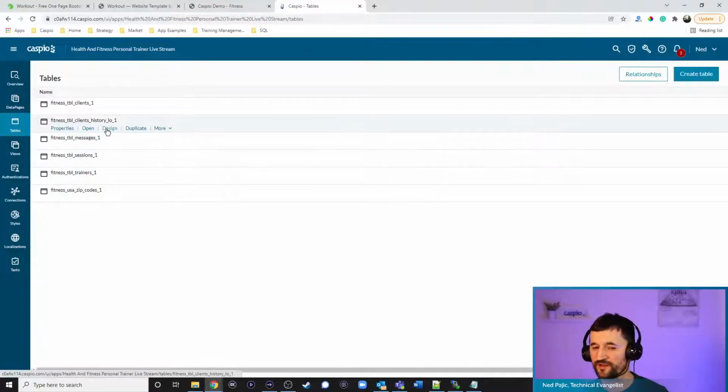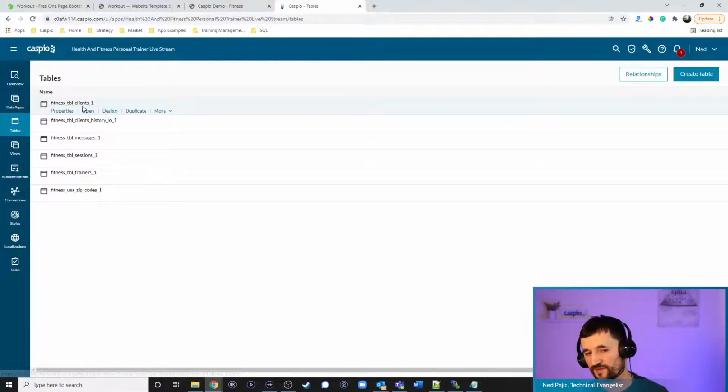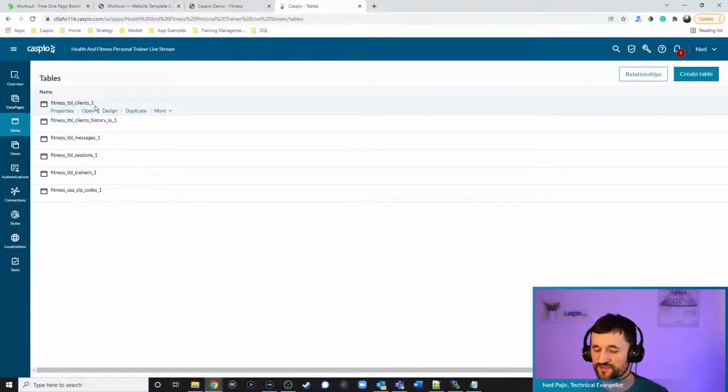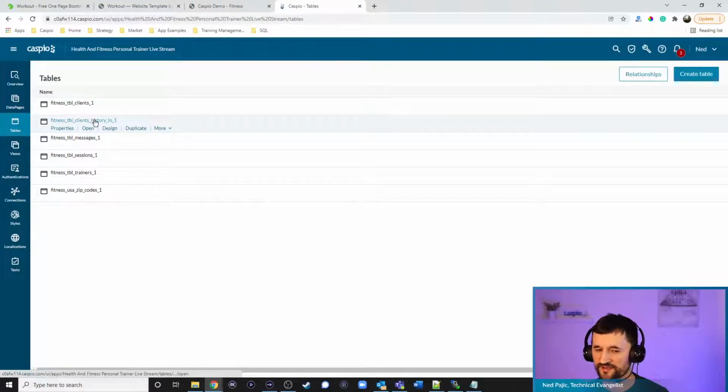And the final table that I have is a history log table. Hopefully you guys know how to build this trigger. I teach this in the advanced session on Thursdays. But every time you make a change to a client, we are storing that change inside a history table of all the logs here. So if I update the client's information, we store that update inside a history log